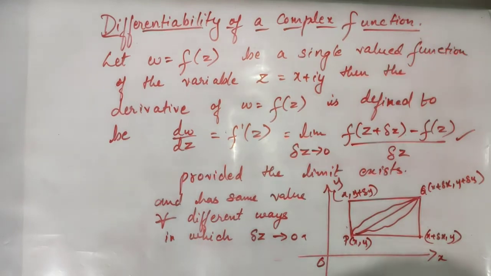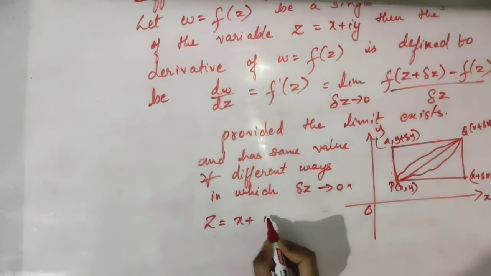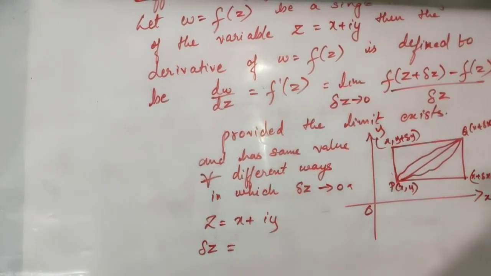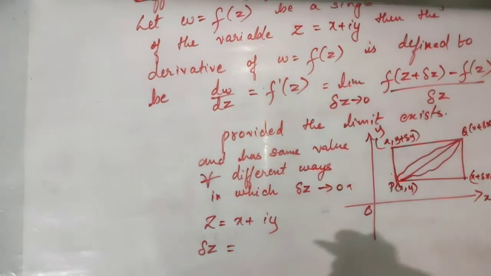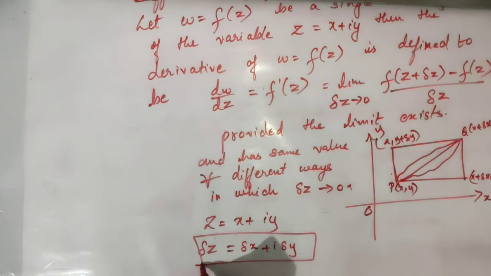Now if z is equal to x plus iy, let me give you one more important point here. If z is equal to x plus iy, what should be delta z? Delta z will be a small variation in z that can occur in many ways. So I can write delta x plus i delta y. Is it not? Because there is a small change. Since z is depending on two variables x and y, even if there is a small change in delta x, and there is no change in delta y, then also there will be a change in z.